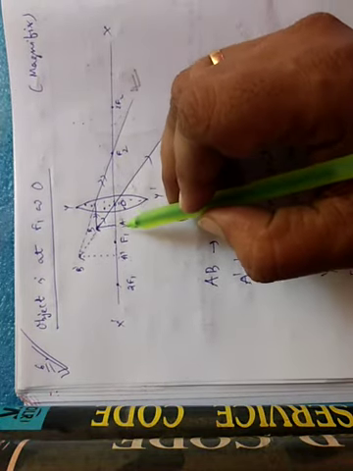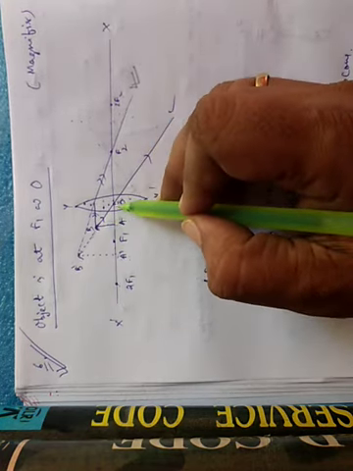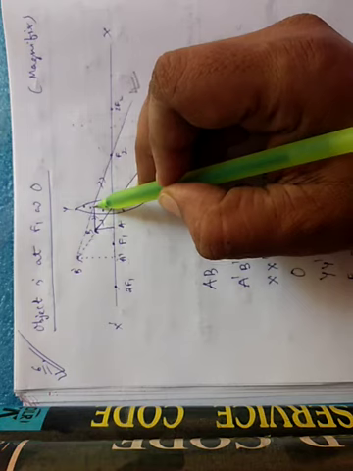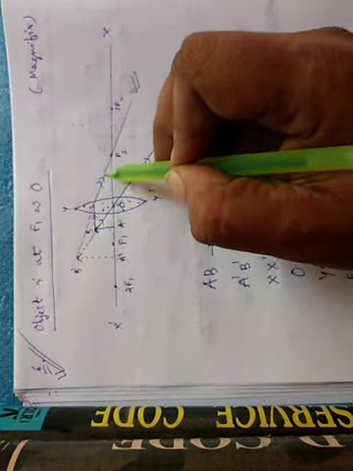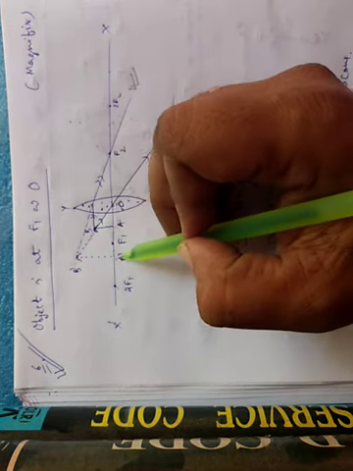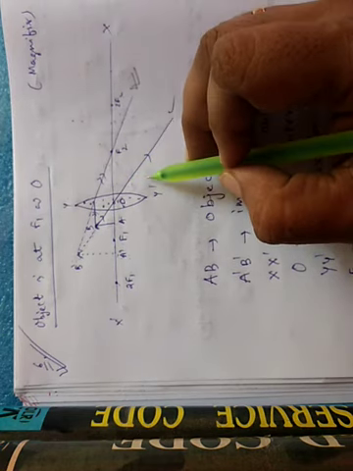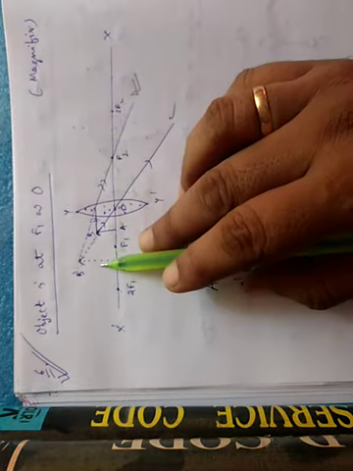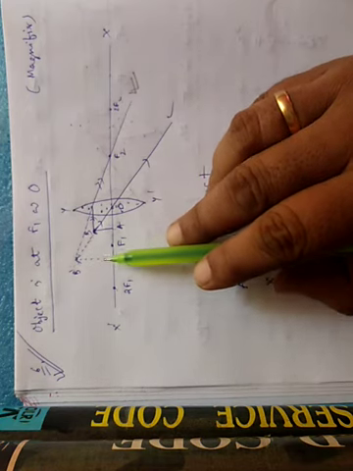Now, while you explain, you will use a statement like this. We are taking object AB. First we draw the incident ray passing through the optic center, which remains undeviated. Secondly, we draw the incident ray parallel to the principal axis, then it passes through the second focus. They really do not meet each other, so they appear to be coming from the point B dash. This is the virtual image A dash B dash. While explaining, you tell like this, but in the drawing, we have to do the construction work. So this is your final image. You can verify the image is virtual, erect and magnified, and its use is as a magnifier.